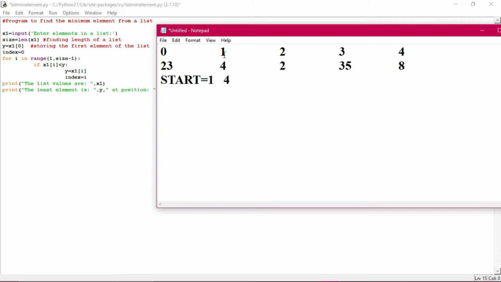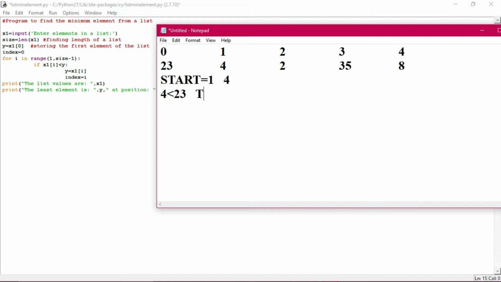It is comparing. So index 0 will be compared with 1, then 0 will be compared with 2, in that way. Whenever this particular loop is rotating, each and every element will be compared in this way. First of all, let us see the comparison. When the value is within this range, it is starting, and xi is 1. That means 4 has been compared to the list value y, which is x1 equals 0. That means 4 has been compared to 23. Is it true? Yes, it is true.